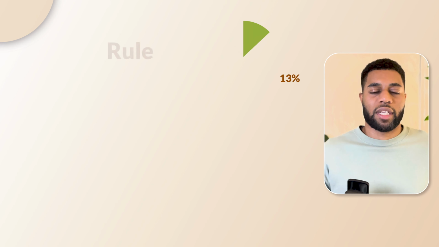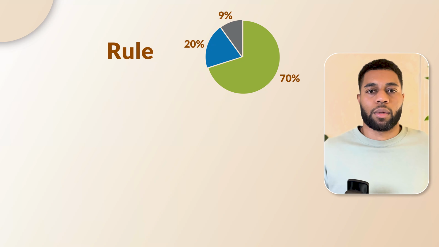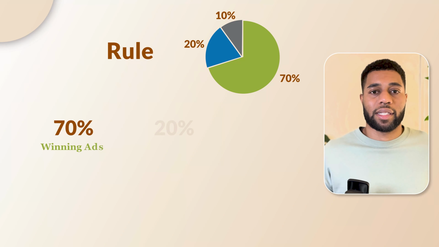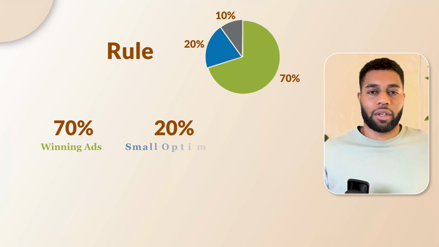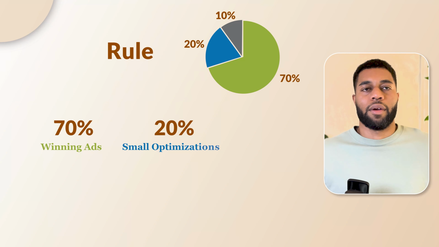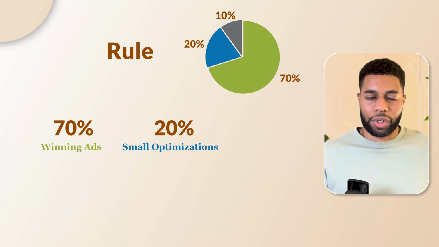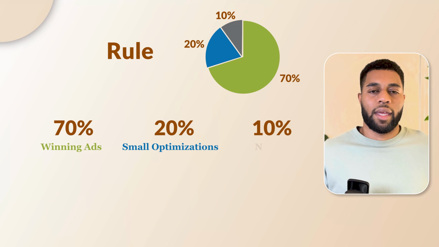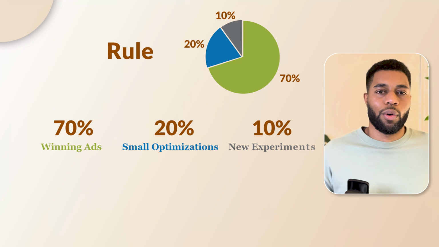And if you want to know the smartest way to scale ads in general, it's got to be the 70-20-10 rule, as Alex Hormozi puts it. 70% of your budget goes to your best performing ads. 20% goes to those small tweaks I just mentioned. So your headlines, your visuals, your hooks, that sort of thing. And then the 10% is for any new experimental ads. This keeps your business profitable while testing new angles.